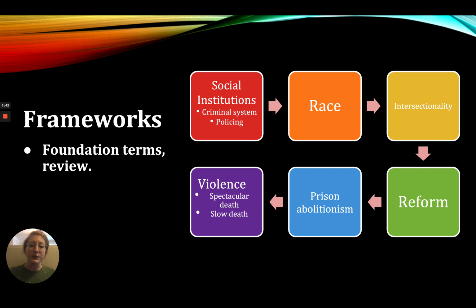Now, building off of social institutions and thinking about systemic violence and racism and some of those isms we discussed in week 2, you can think about race and racism, right? And how that is part of the very fabric of a lot of the social institutions within our society, and in particular, the criminal system, right? Building off that, we can think about intersectionality. So I suppose to a certain extent, that sort of flip-flops our weeks because we covered intersectionality more in depth week 1. But we can think about how all of these different aspects of identities, so race and class and gender, other aspects of identities, how they impact social institutions like the criminal system and like policing.